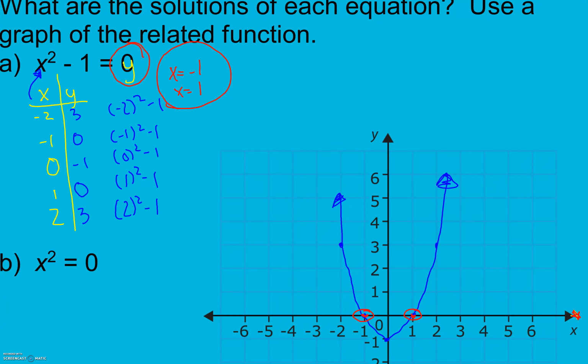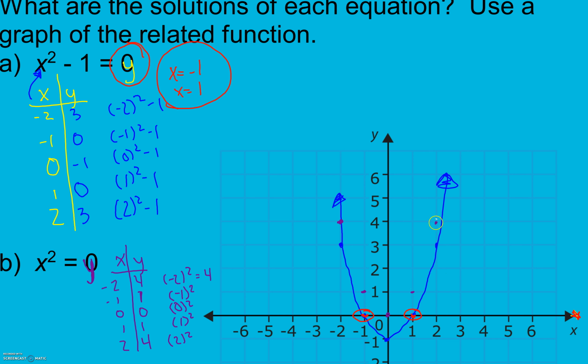In B, I'm going to start off the same way, with my table of values, and I substitute them in. And this is our parent function, guys. Again, remember, we write our related function, so we put our y in there, and it's our parent function. So 1, 0, 1, and 4. Again, 2 squared, 4. 1 squared, 1. 0 squared, 0. So I'm going to be at -2, 4, at -1, 1, at 0, 0, at 1, 1,